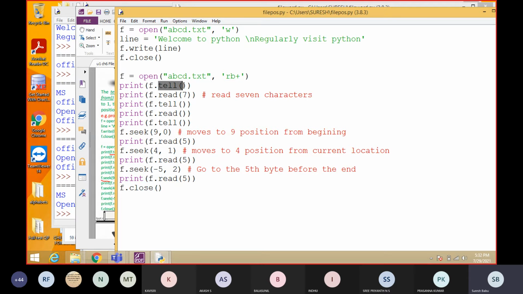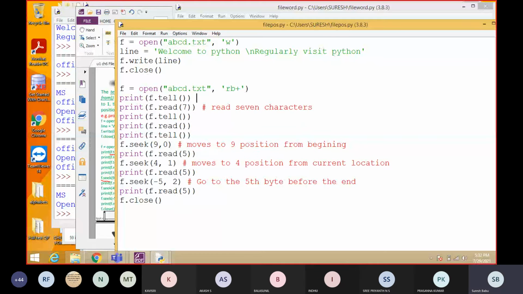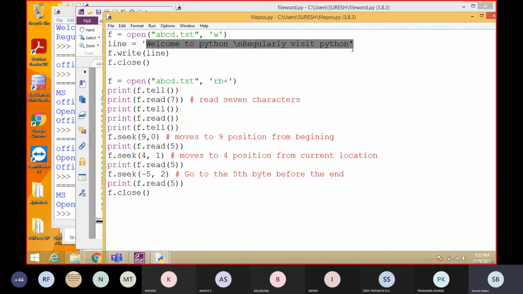Okay. So tell means it will tell the pointer of the file. The file has a pointer. Just starting, we are opening the file. So at the start, where will be the position, students? Where is the file pointer? Students, I'm asking a question. Kindly respond to me. Where will be the starting position? This is the content present in the file. Where will be the starting position? Yes, that is the starting position. That is 0.